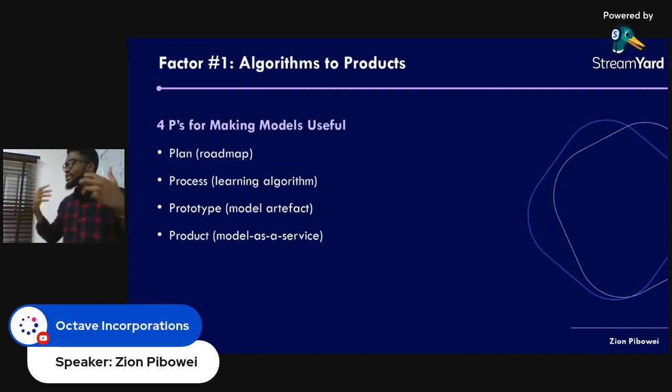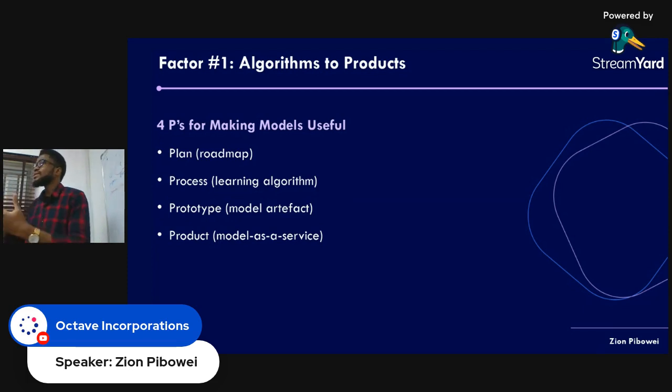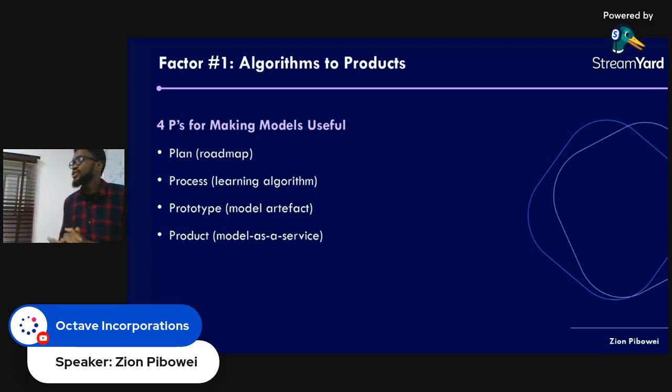But now that we want to start thinking commercial, we want to take these things to the next level. Now we want to deploy it. This is where we go from prototype to product, where we serve these models to actual users, to people who are going to utilize these models.